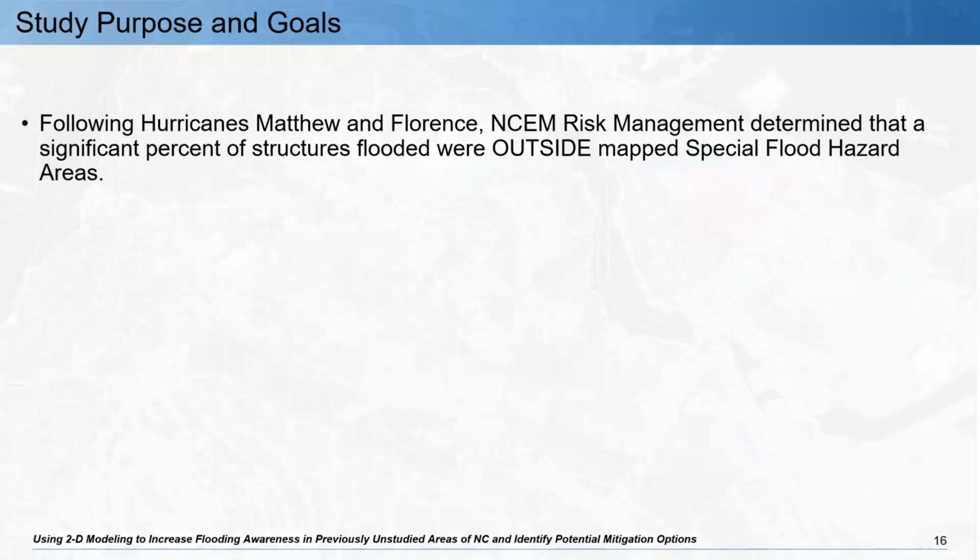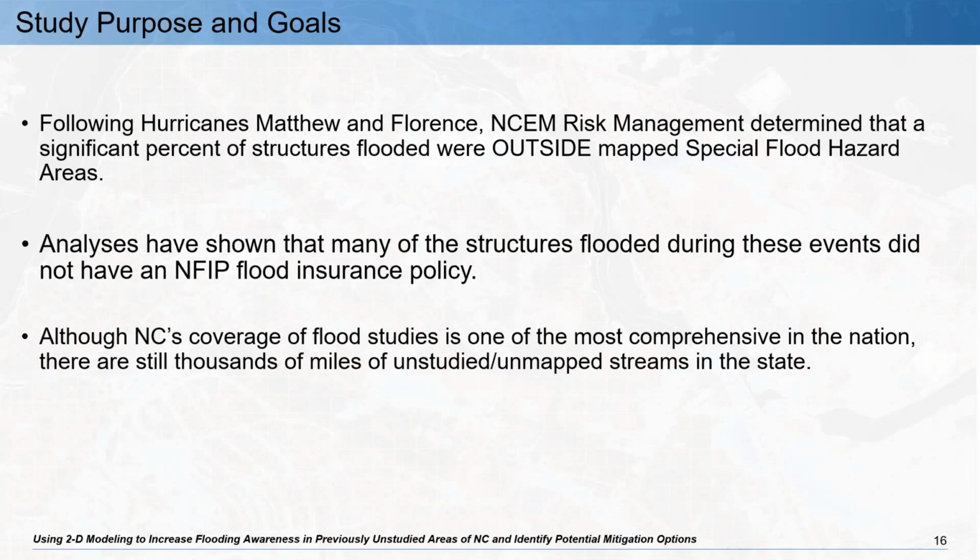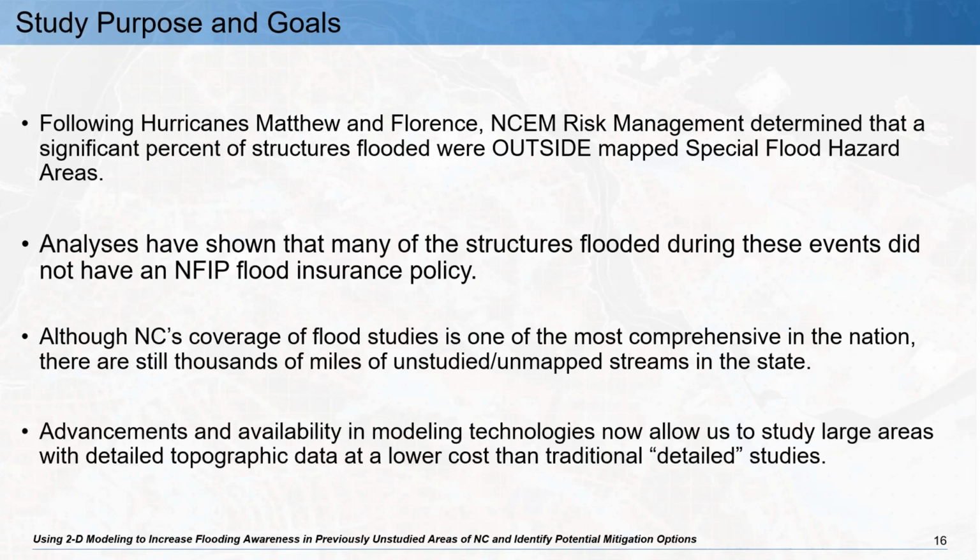Following Hurricane Matthew and Florence, it was obvious that there was a lot of flooding happening that was not necessarily sitting in the state's defined flood hazard areas. Analysis showed that a lot of the properties flooded outside of those flood hazard areas certainly did not have an NFIP flood insurance policy. Although North Carolina has one of the most comprehensive sets of flood information in the nation, there's still a lot that is technically considered unstudied. With advancements in technology, we're able to do larger area studies at a lower cost than what we have done previously with traditional detailed studies. So that moves us into